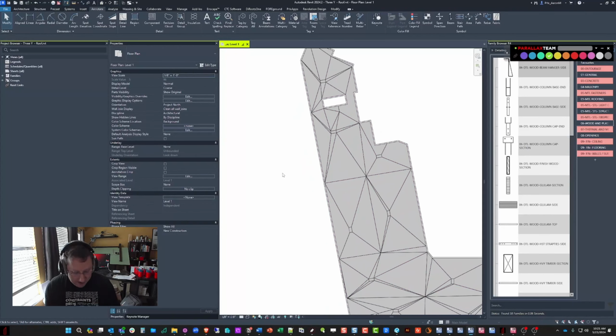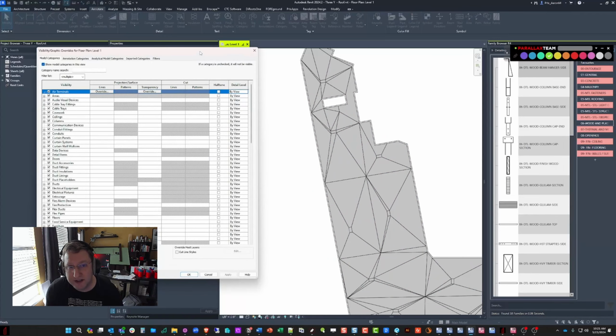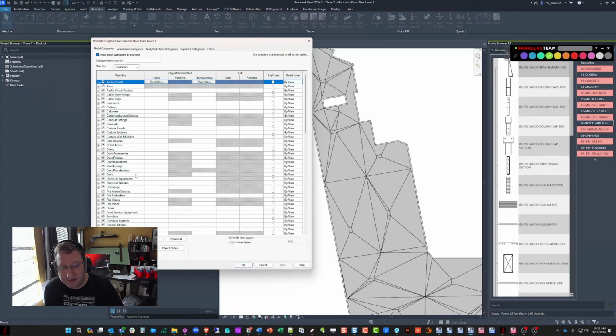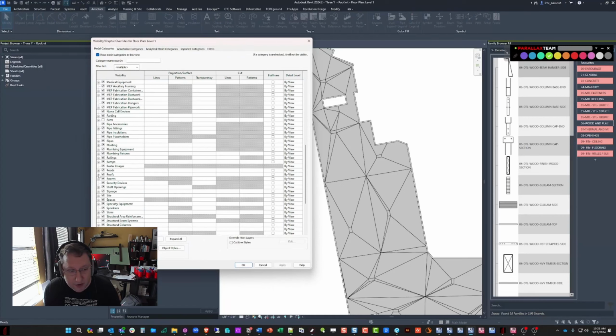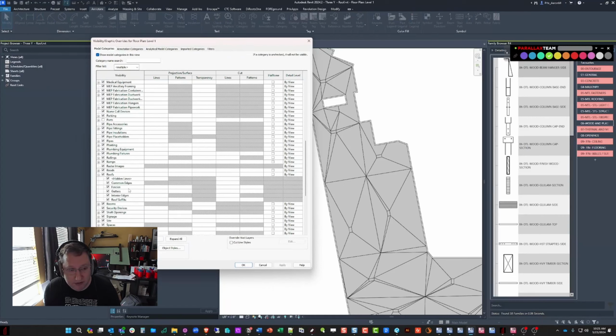Then again, and just to be clear, I would not recommend this next part as a solution. I would do this after the fact. But if you do go down to roofs in recent versions of Revit,